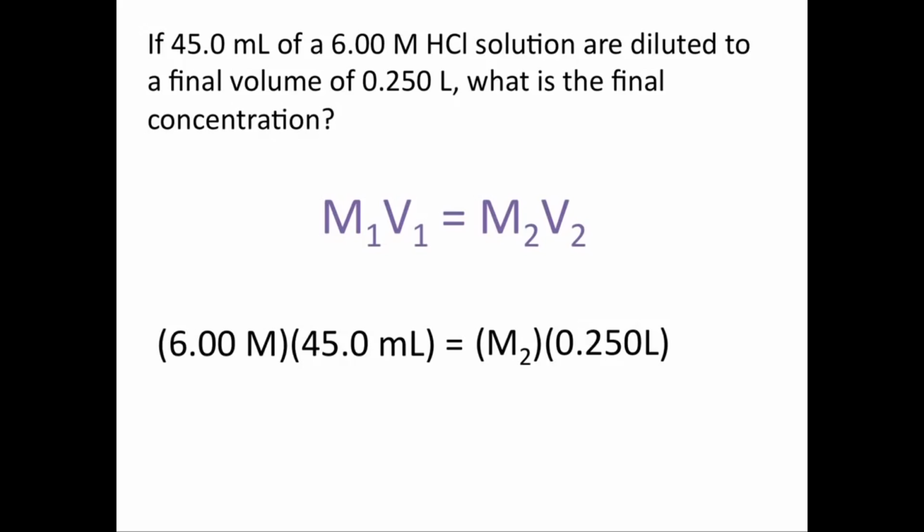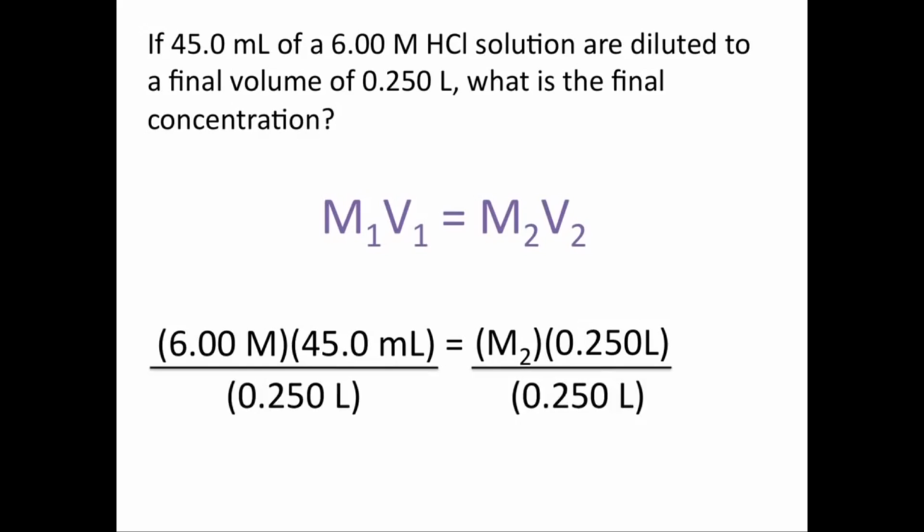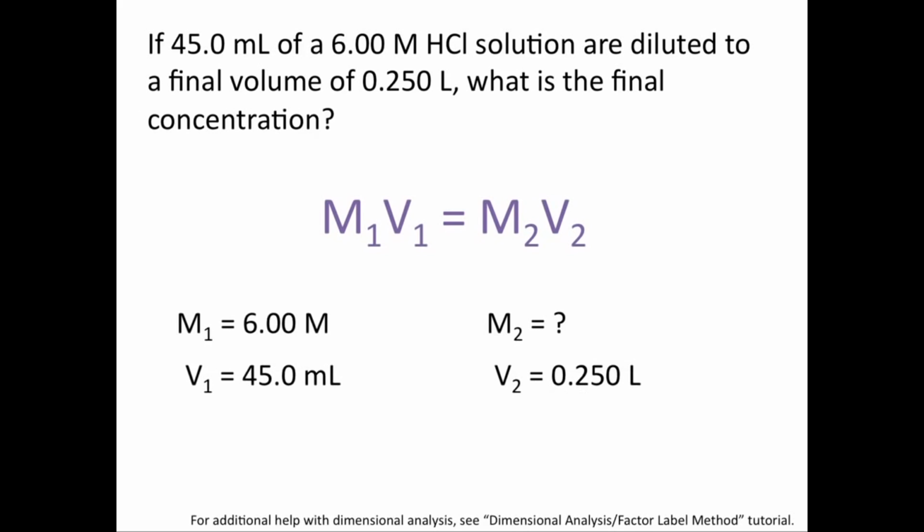In order to solve for M2, we would need to divide by 0.25 liters. But you'll see that on the left side of your equation, milliliters and liters won't cancel out. And we need the volume units on the left-hand side to cancel in order to be left with an appropriate unit of concentration. So like I said, it doesn't matter if we change milliliters to liters or liters to milliliters,